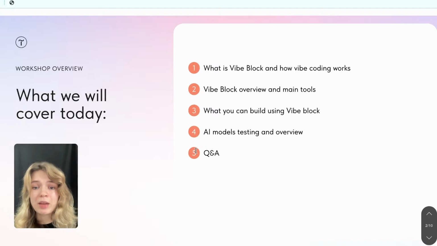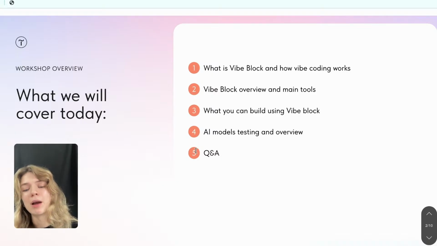Then we are going to go over some examples of what you can build using Vibe Block and how you can use it for your specific goals, your specific ideas that you might not have had the ability to implement before, because that would require developers' help, or just hiring someone to do it for you. So you might have been opting out of that, and now you have the ability to build it yourself. So we're going to see how that works, and finally we're going to go over some models that are available right now within Vibe Block